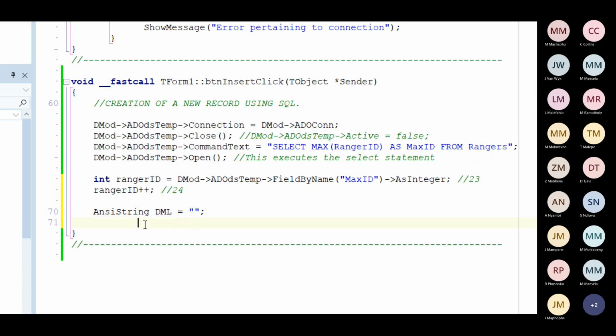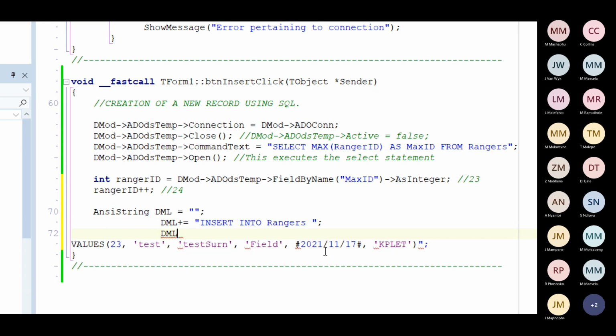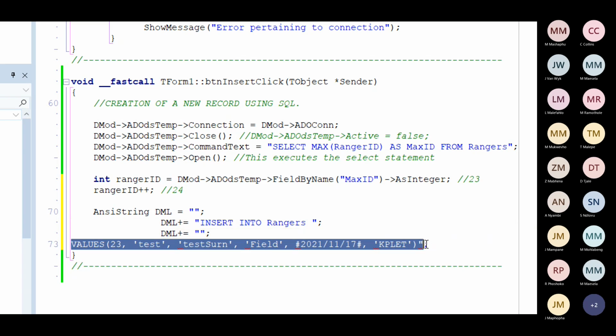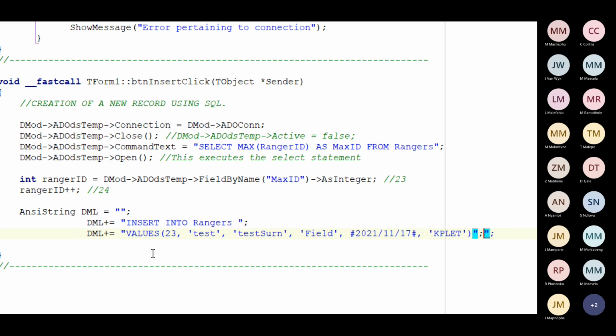So I'm going to say my DML is equals to my query, which is that, and then I make a space there, DML plus equals to values, put it there,